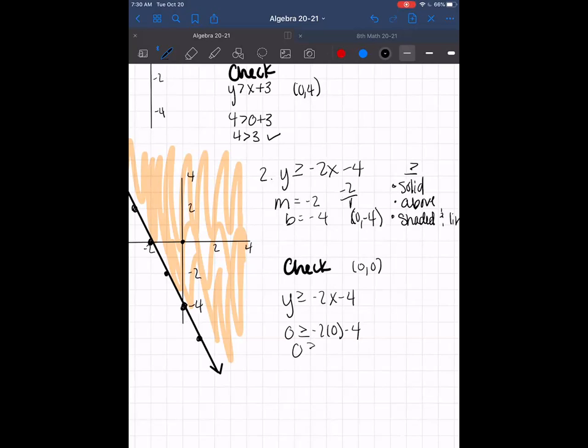So 0 is greater than or equal to negative 4. Is 0 greater than or equal to negative 4? Yes, it is. So we know that that is a correct